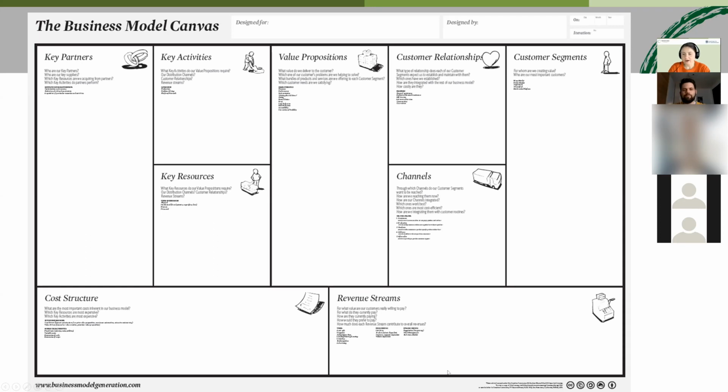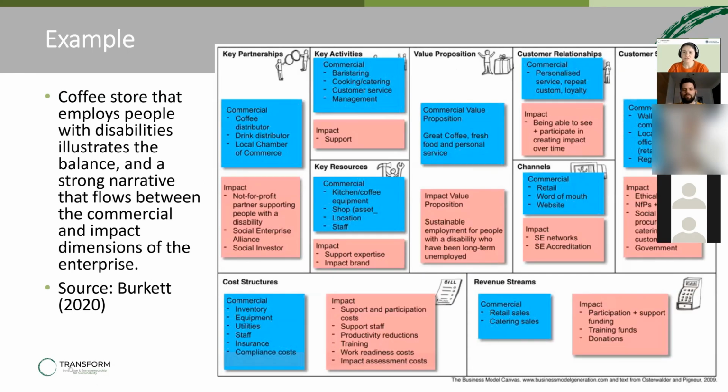And then the third part of the business model describes how you capture value and what costs you incur. So think about the types of costs, personnel costs, equipment, and so on, and the types of revenue streams. We have already discussed that this can be quite diverse in the context of social enterprises and organizations that want to achieve an impact. So from revenues, but also donations and other income sources. And we have asked you, in preparation of today's meeting, to read the report from Burkett, where I think